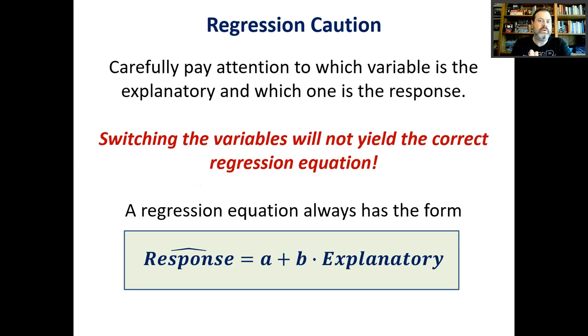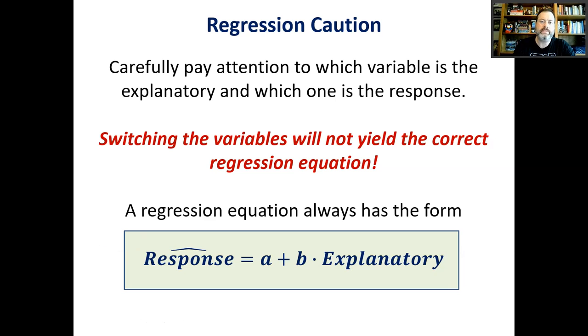If you're having trouble remembering which one is x and which one is y, because that happens sometimes, you might be asked to put in a data set and you might forget which one is x and which one is y. That does happen. If it's easier to think about things in terms of the explanatory variable and the response variable, that might be easier. So if you just want to label the variables,